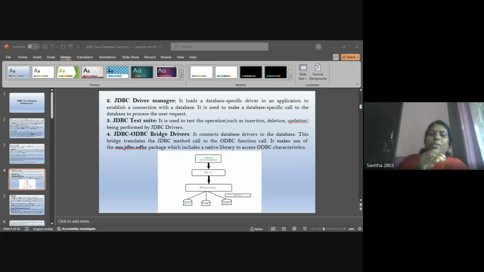In the three-tier model architecture, we send from the application to the data source through a middle tier service. When an application wants to send something to the data source, it is passed through the middle tier, and from the middle tier the result is sent back to the application or the particular user.